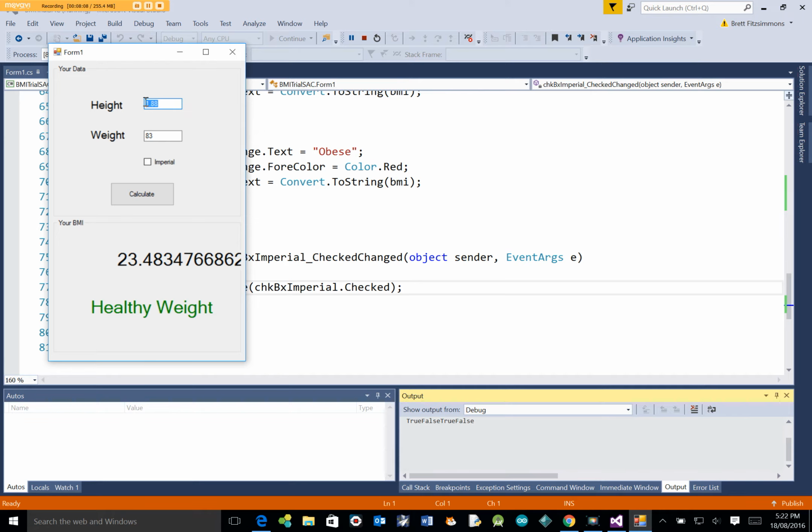Remember that. 1.88 is about 6 feet, 6.2 feet, and what would it be, pounds? Well, 170 pounds, let's try that, and use imperial, so it should be about 23.4, well, so close,